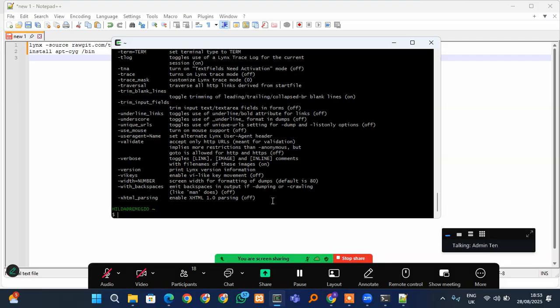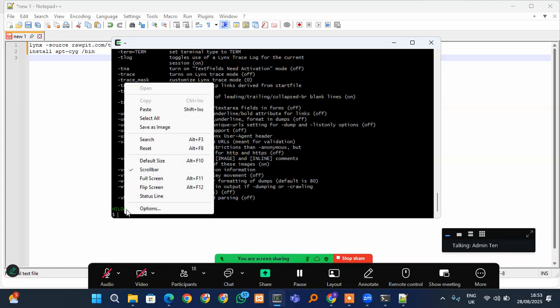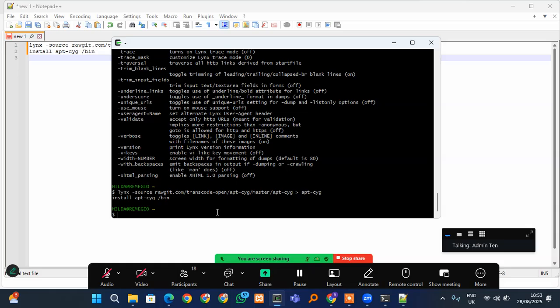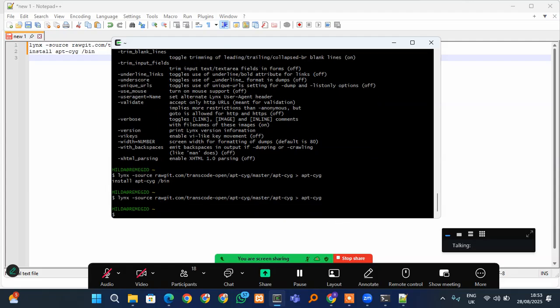So you can copy the links command I've pasted up there and run it. So install apt-cyg. Enter. Can you do that again? It's supposed to. Yes. Okay, type apt-cyg